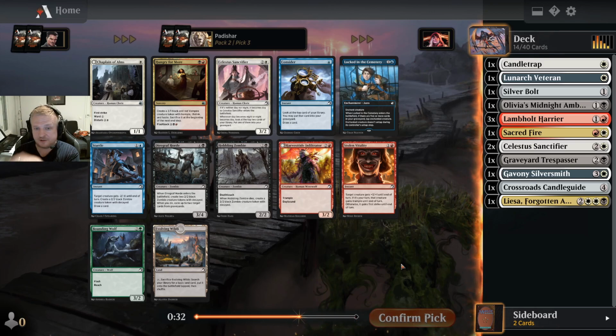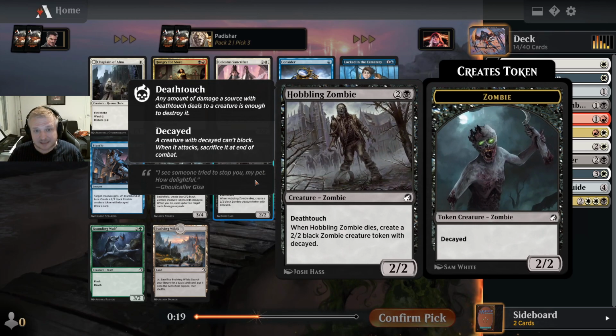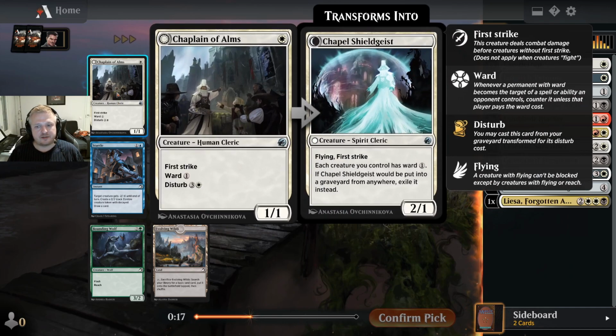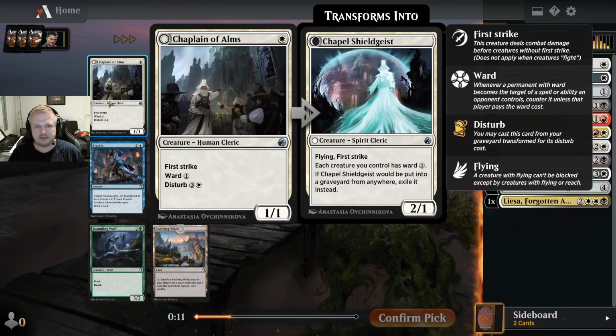Now the Evolving Wilds is a card I would really want to pick here. But if I want to be white and black here, I need to pick something else. And the decision, I think, is... I like the Horde, but I think the decision has to be between Hobbling Zombie and a Chaplain here. I have some 3-drops here, so I maybe don't want to have another 3-drop, but then again...